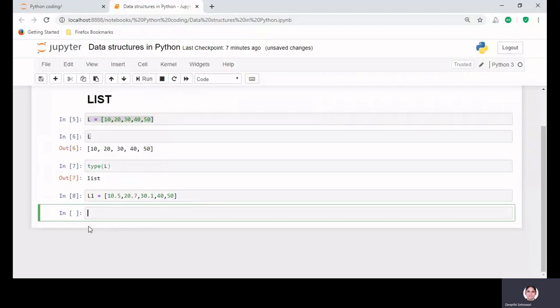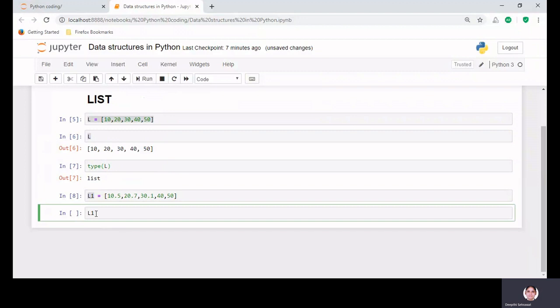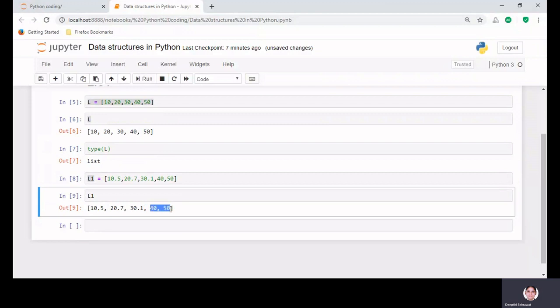So now if I try to represent this, let's see what L1 holds. L1 now holds float as well as integer values. So a list can contain mixed types of data, whether it is float, integer or string.